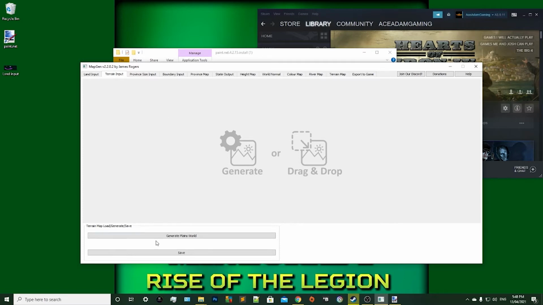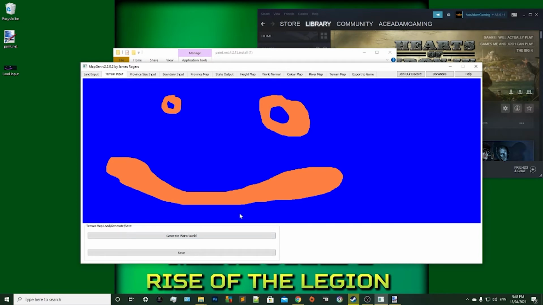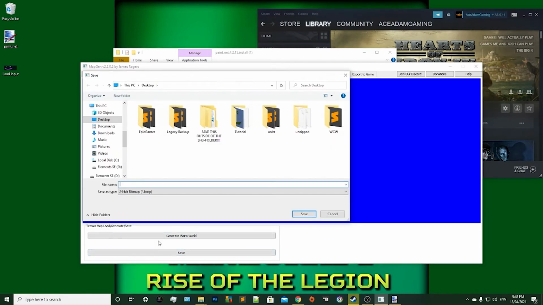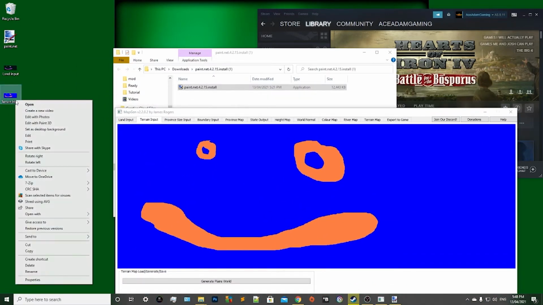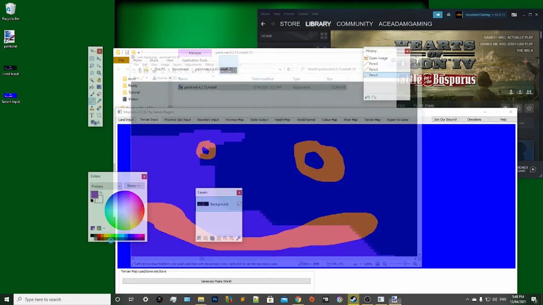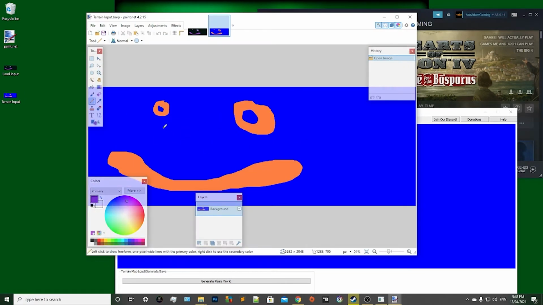If you're lazy, you can just press Generate Plains World, and it will basically create a Plains World with nothing in it. It'll just basically be flat land and your lakes that you added in before. But if you want to add some different terrain, what I recommend doing is pressing Save on your desktop, name this Terrain Input, pressing Save, and then it should pop onto your desktop in a minute. Opening it into paint.net, and now basically you have a blank canvas to paint around with